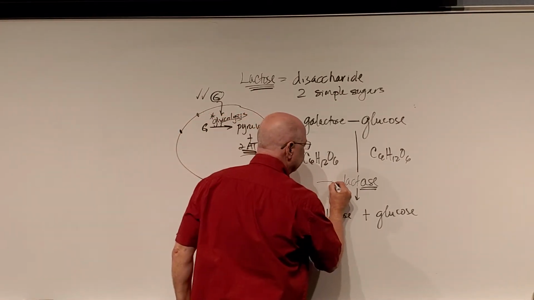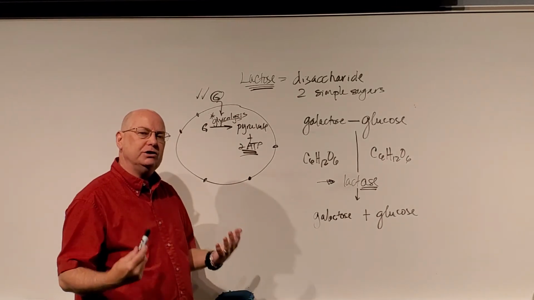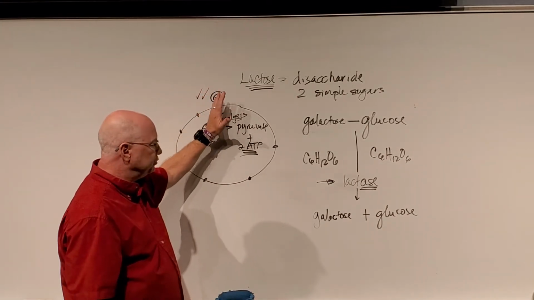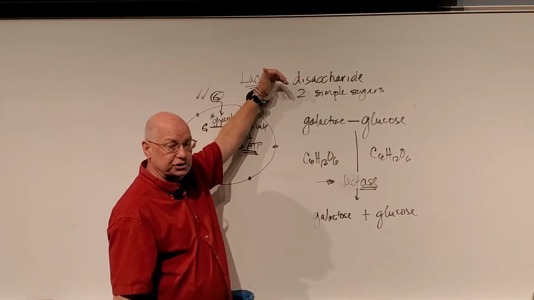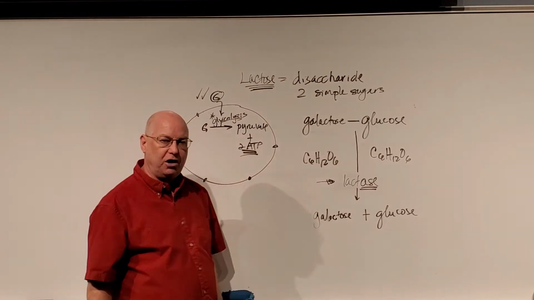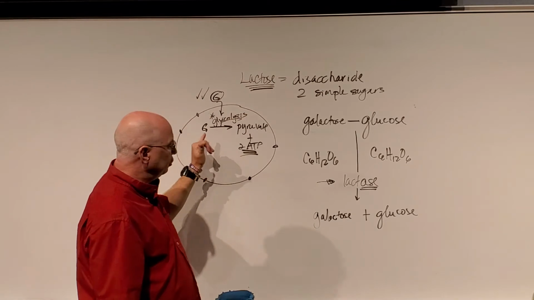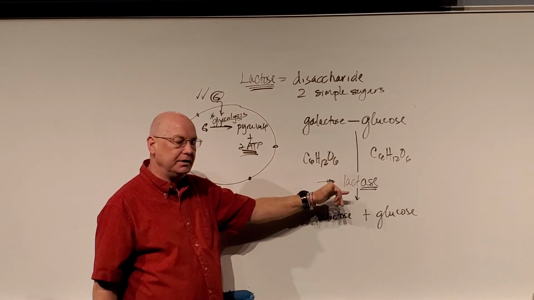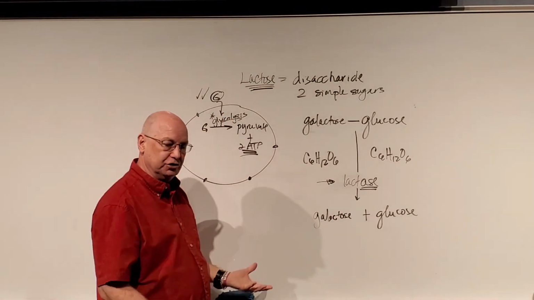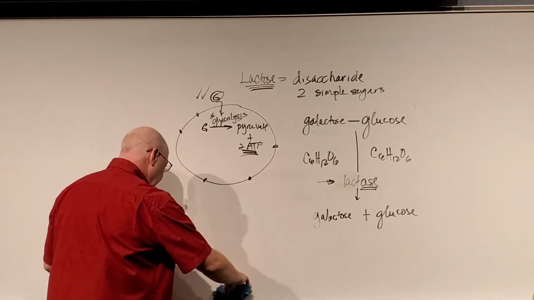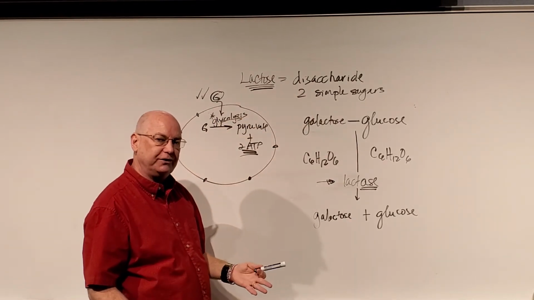I don't need this enzyme, I don't need the gene for this enzyme unless those conditions are met. So if glucose is present, this gene is usually turned off. Or if lactose is absent, this gene is turned off. But the minute lactose becomes available, the cell will turn on the gene to make this enzyme to break down lactose into glucose plus galactose, and then it can use those for energy. And then if all the lactose is used up, the gene can turn itself off again,